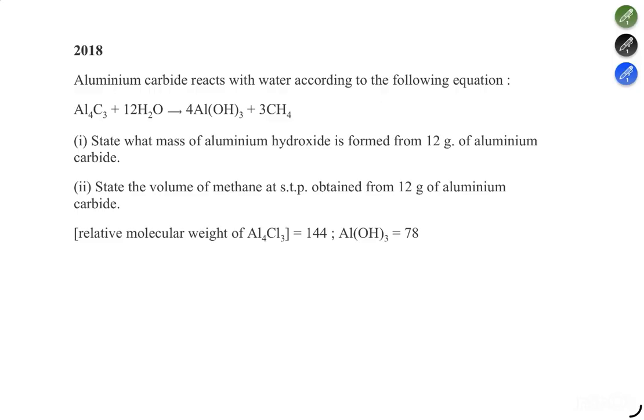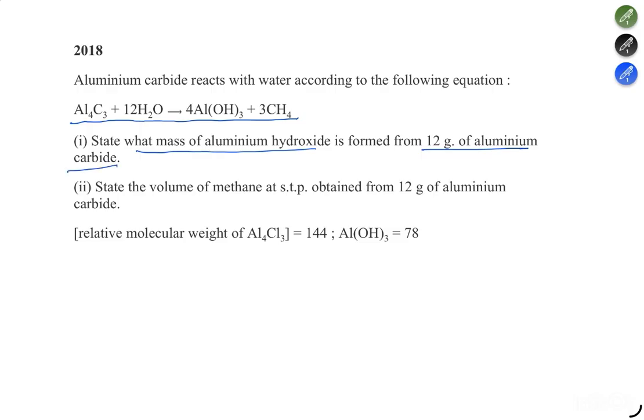Now let's solve the 2018 question. Again, this is a reaction based question. You can see a reaction is given where aluminum carbide reacts with water to form aluminum hydroxide and methane is evolved. So the first question they are asking is what mass of aluminum hydroxide is formed from 12 gram of aluminum